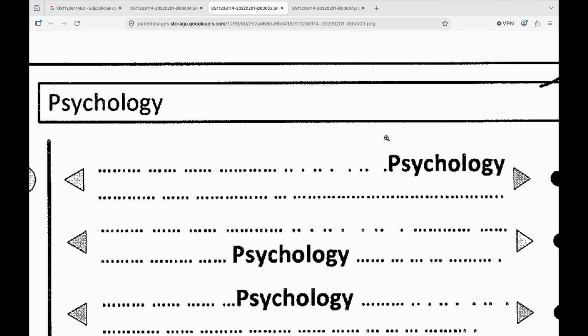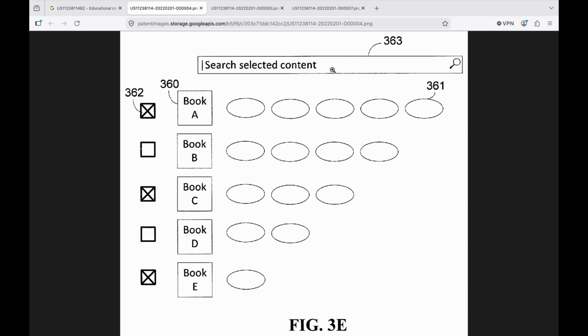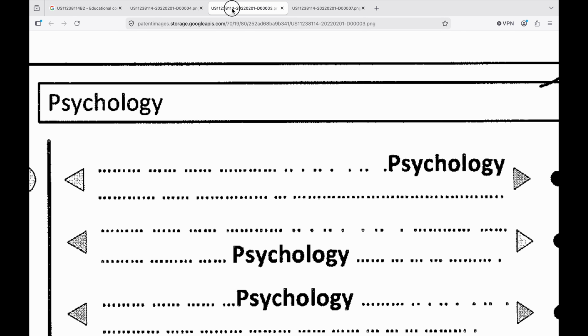So, for example, if a user searches copyright and then selects 3 contents to search within and then searches fair use, the previews could say fair use, fair use, fair use, but maybe this first book has a fair use section in pages 100 to 120. So instead of just any page that mentions fair use being identified, at least for this initial preview,